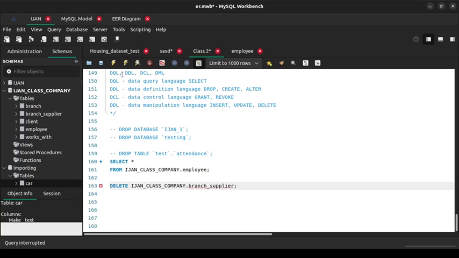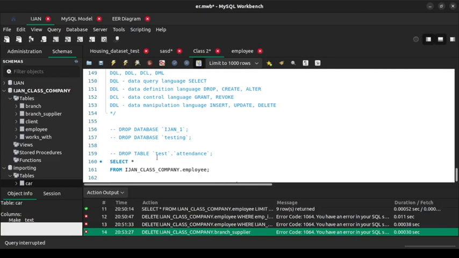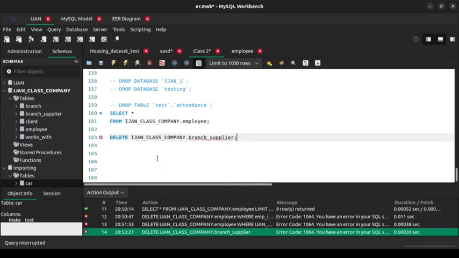So yeah, I'm just going to run this and delete. You have an error in your SQL. Check the manual for the right syntax to use near. Why is delete not working? Okay, so one thing I can do is check this. Since I can't find it, I can just go to